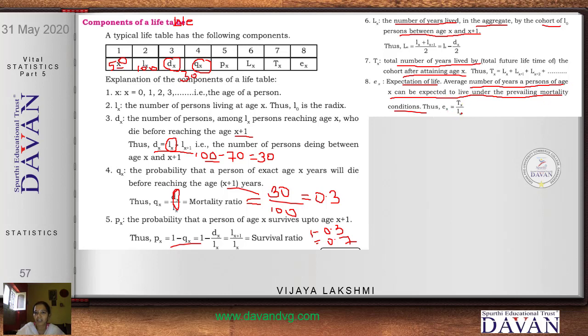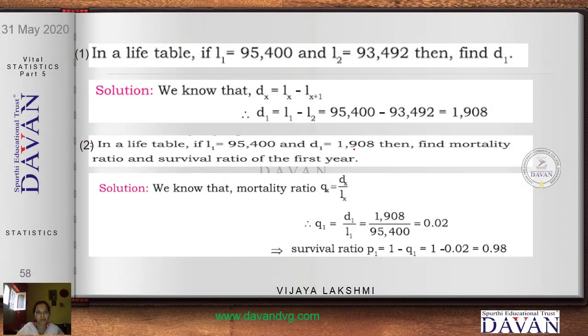So it's given with the formula Tx by Lx. Hope I'm clear with this. If you have any doubts with respect to this, please do call me. This topic is a little confusing, but if you understand whatever I am saying carefully, you will be able to grasp the concept easily. Now we'll see a few problems on this.